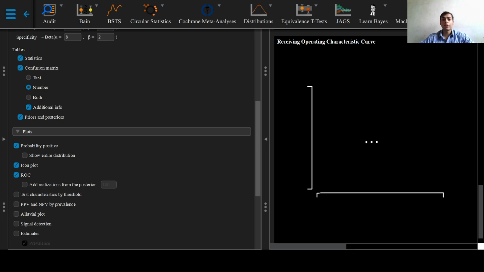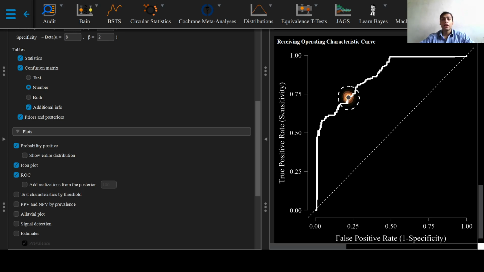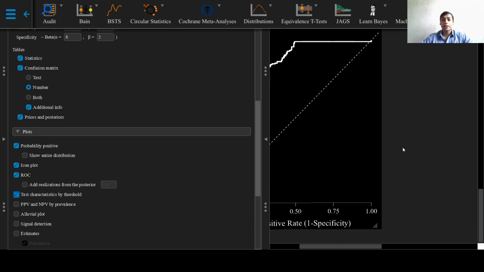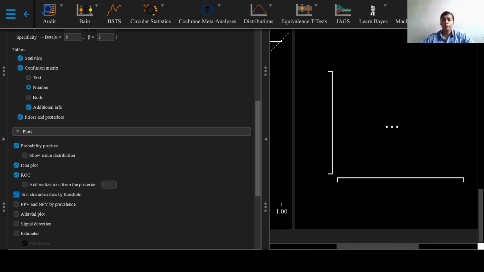provides us with a graphical representation which plots sensitivity against specificity. It is a visual representation of the diagnosticity of a test. The test characteristics by threshold plot provides us with a graphical representation which plots how sensitivity and specificity change as a